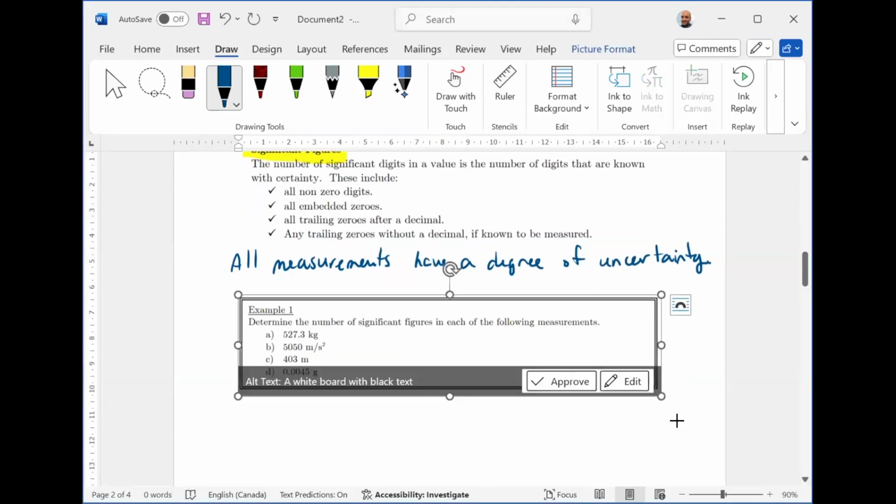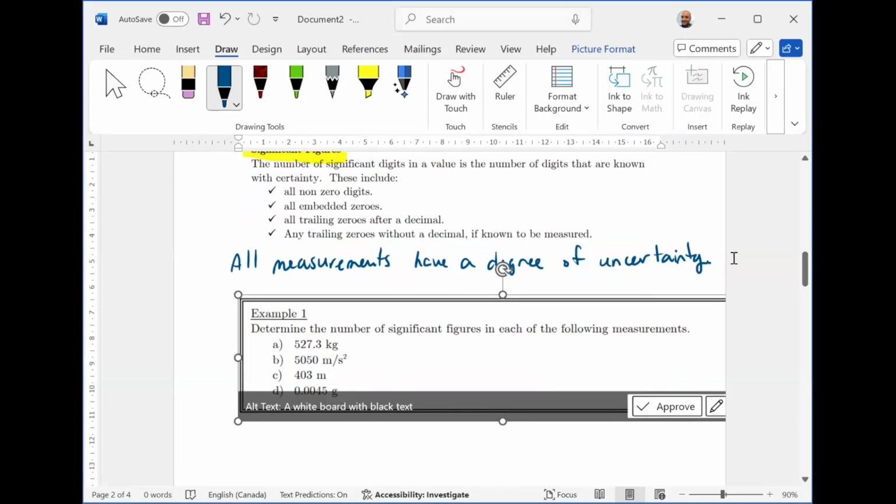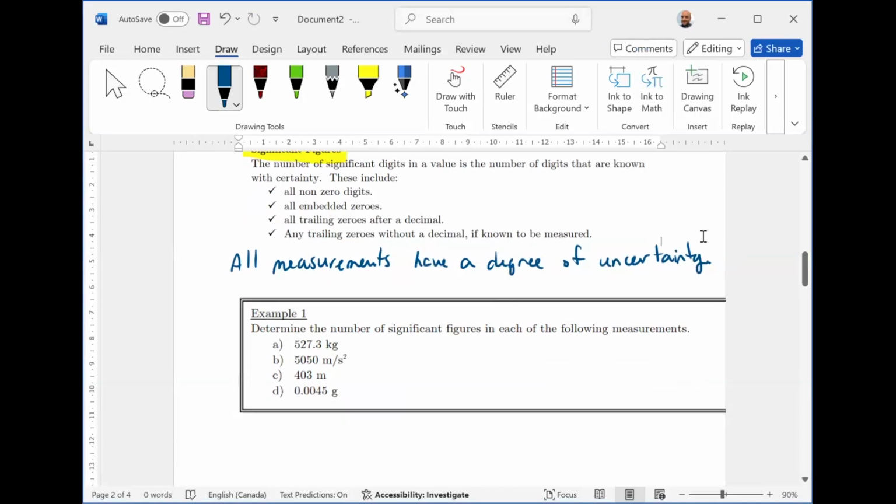And maybe I'll make it a little bit bigger. So in this case here, determine the number of significant figures in each of the following measurements. And so in the first example, this one will follow the first rule that all non-zero digits are considered significant. So if you have a measurement like this, 527.3 kilograms, this is something that has 4 significant digits or sigdigs,